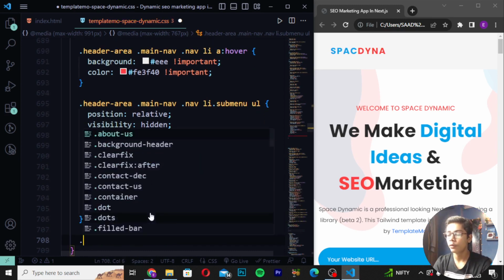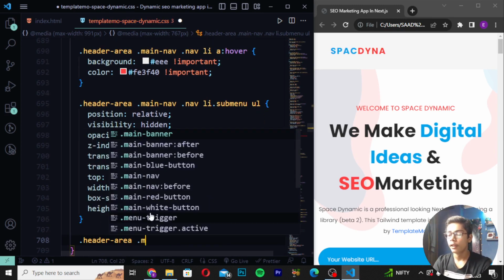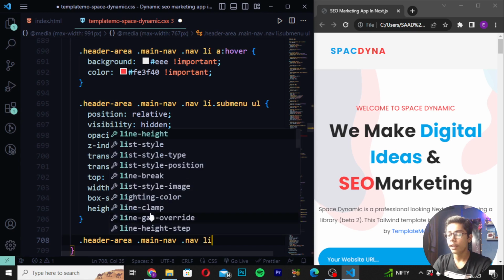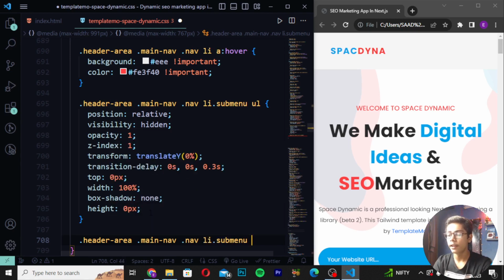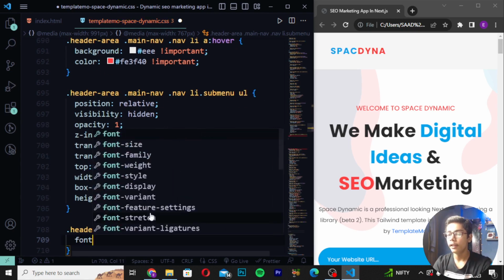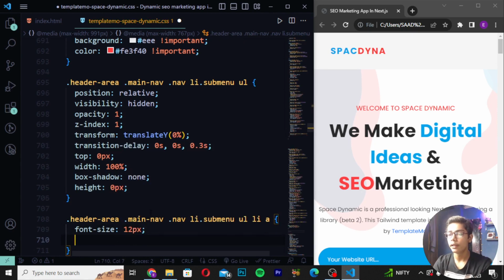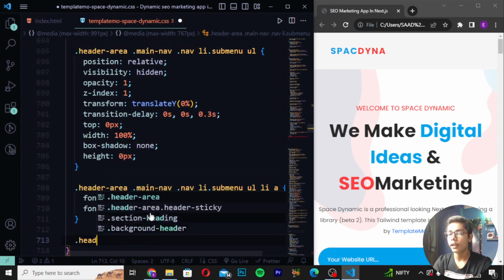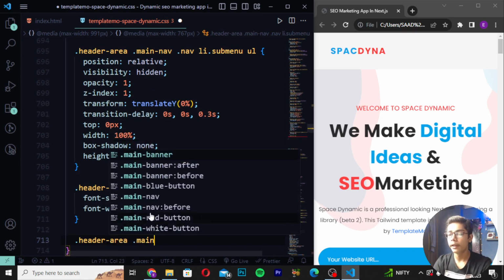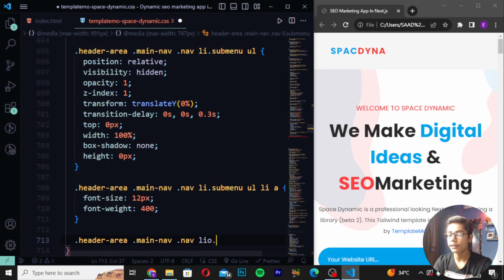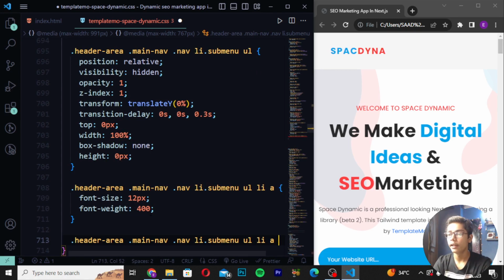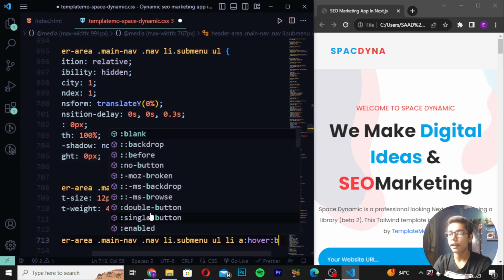And then you have to now move down, write here header area, write main nav and create dot nav li submenu and I will be now writing here ul li a. Then create here font size 12 pixel and then you have to now write here font weight 400. Then you have to now write here header area, create main nav again and write here dot nav li submenu. So I will be writing here dot submenu here. Then I will be writing ul li a and I will be writing here hover, and with this hover I will be